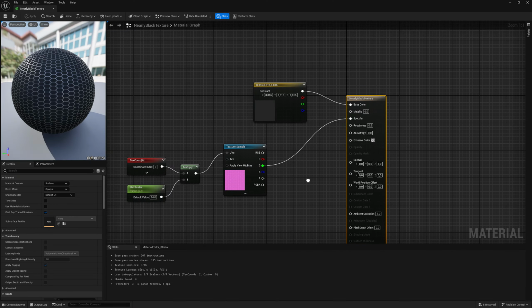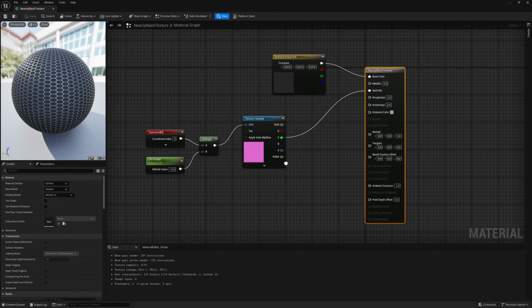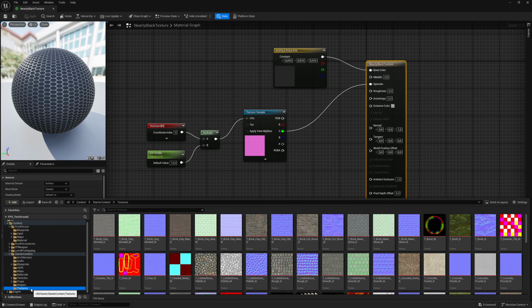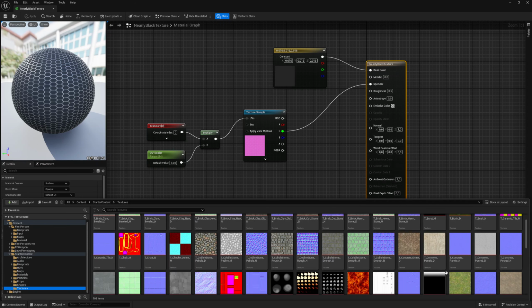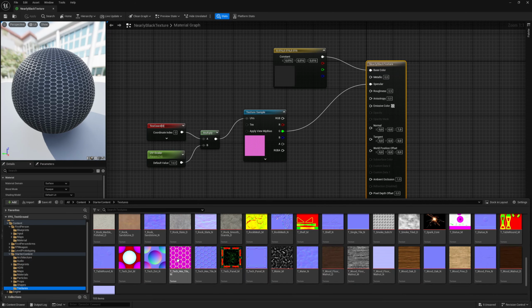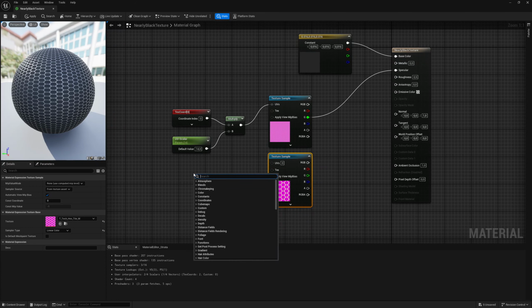So I use the same black material as before, and for the specular I use the texture which is already available with the starter content. So you go to the texture section at the starter content, and then you can choose from different textures which are very good. I used this one here, so you can just drag and drop it here inside. And then I use the node, so-called texture